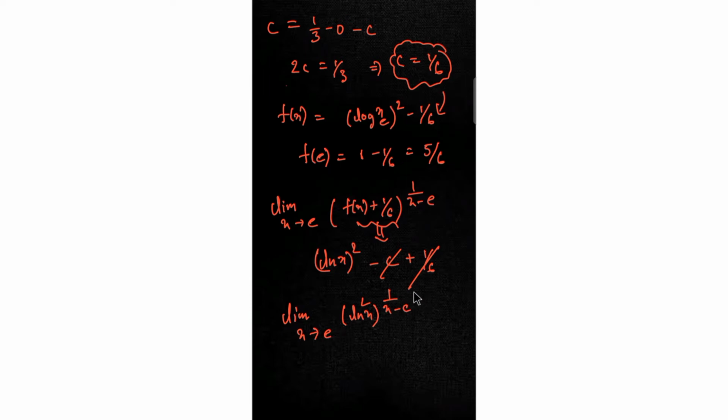If you look at this, the power is almost infinity, because 1 by (x minus e), with x approaching e, will almost be equal to infinity here, and ln e is actually 1, so it's actually a 1 to the power infinity form. For evaluating in the 1 to the power infinity form, I'll write it in this way: (1 plus ((ln x) whole square minus 1)) whole power 1 by (x minus e), limit x tends to e. This is how I'm going to write it.